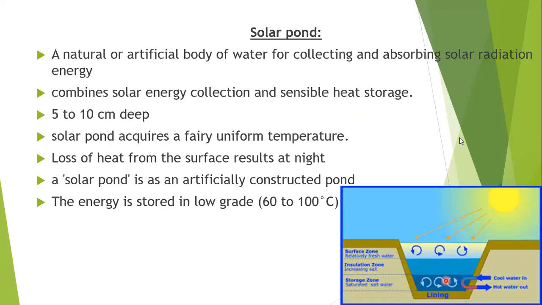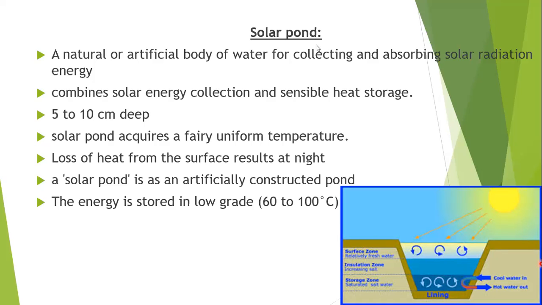However, water in such a pond heats up usually only to a few degrees. We cannot attain high temperatures here because of natural convection currents which are set into motion as soon as the heat is absorbed at the bottom. Due to the motion of convection currents, we can attain only smaller temperatures. If you take a deeper pond, we can also have temperature variations. Whether shallow or deeper, temperature variations will definitely exist.